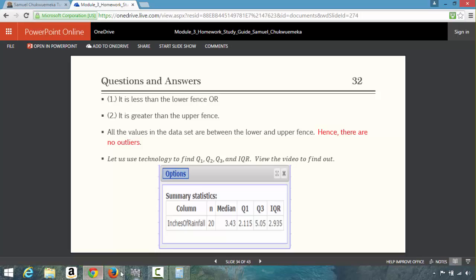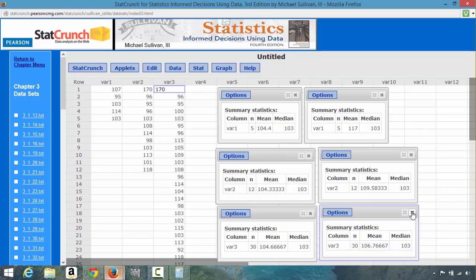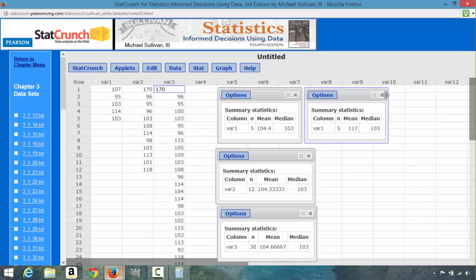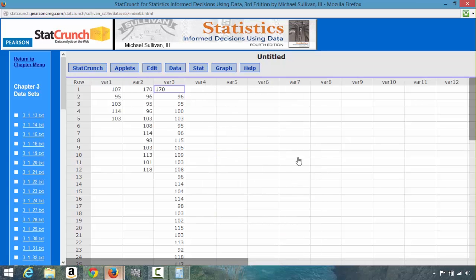Okay, I'm gonna go to my StatCrunch, and let me just delete these values here. Let me use inches of rainfall as my variable. So I'm entering the data now: 0.71, 0.91, 1.21,